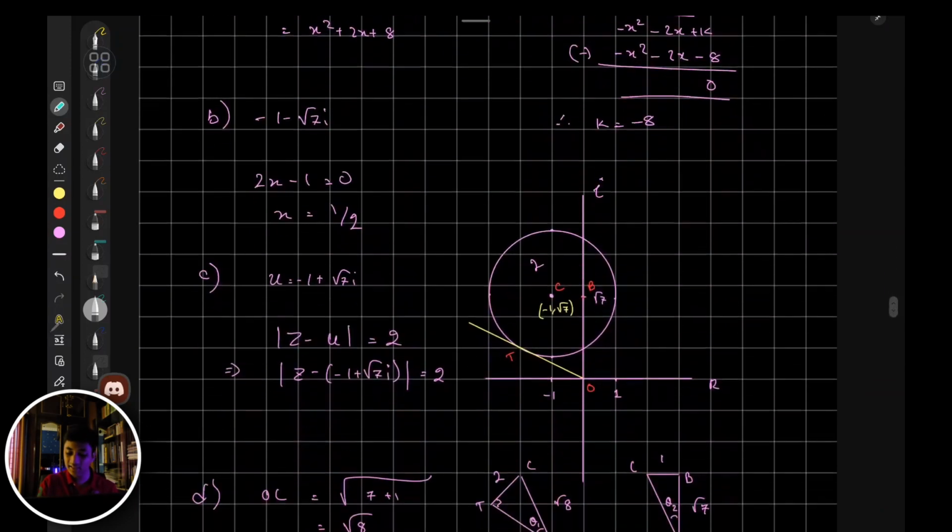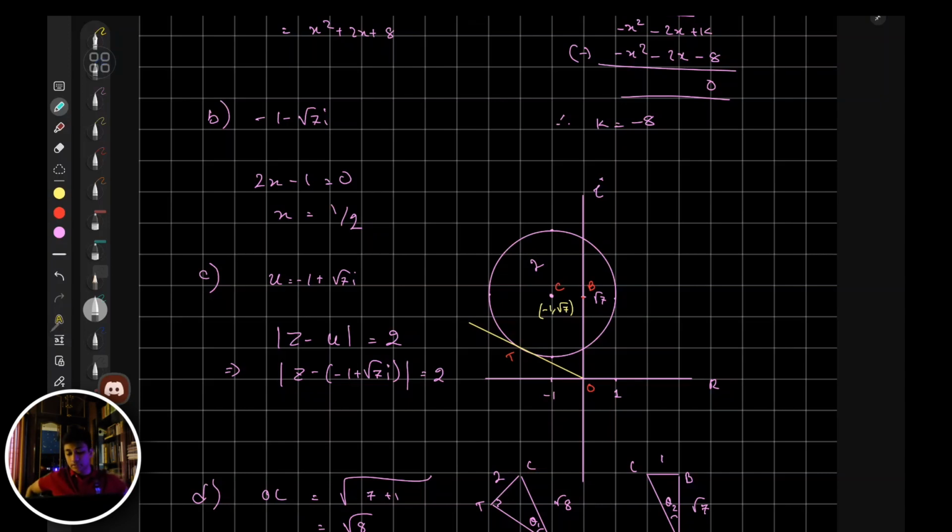So z can only lie on the circumference of the circle, where the radius is always supposed to be 2, or the distance between this known complex number and the unknown complex z is always going to be 2. Since they've already told you that it's always 2, you cannot consider z to be anywhere inside the circle. Okay, so in that case,